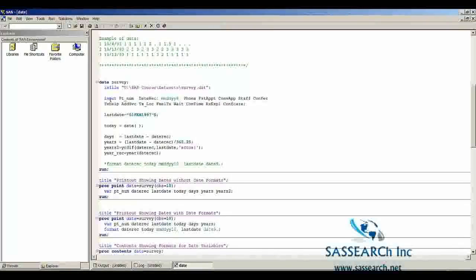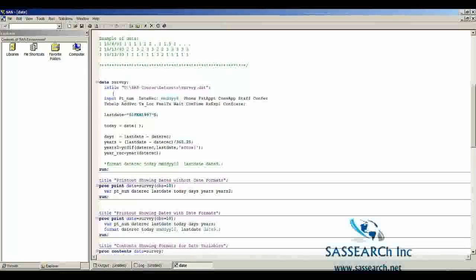To tell SAS that dateRec is a date, I'm using a colon modifier, so we have a colon following dateRec, and an informat mmddYY8. to instruct SAS that dateRec is a date variable. So dateRec has the form mmddYY8., but to SAS it's a number, and this number is the number of days relative to January 1st, 1960. So I'm going to be doing a number of different things in this data step